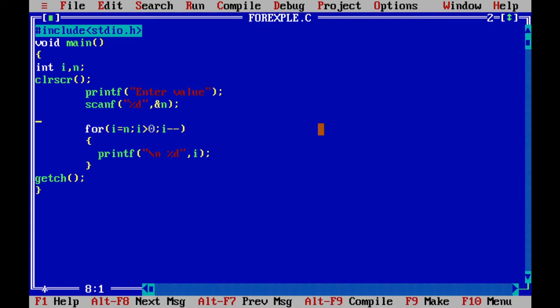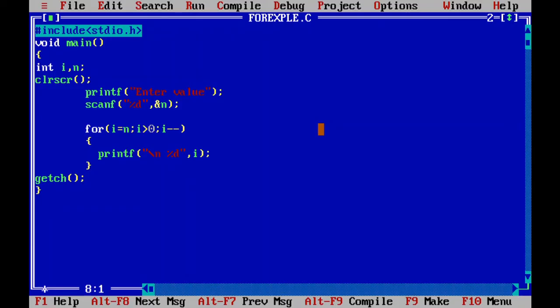Compile your program and run. Suppose I enter 4, so it is printing the numbers in the reverse order. So here you can do the increment and also decrement. Both are valid. You can increment the value and you can decrement the value, which depends upon the situation. But whenever you are working with the for loop, there must be 2 semicolons present inside this simple